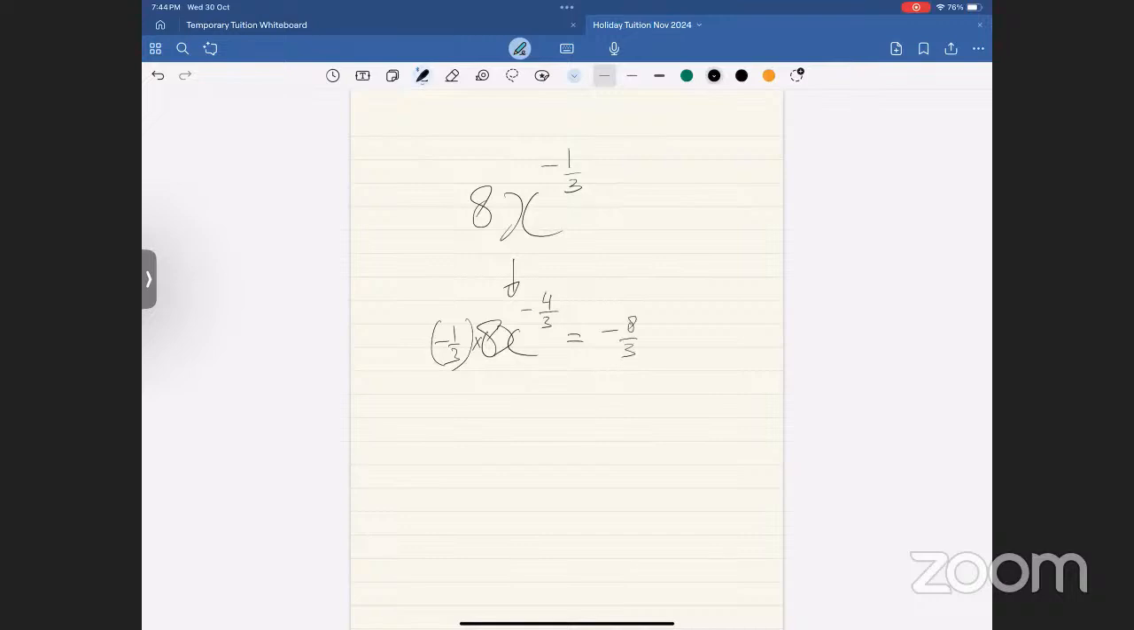Minus 8 over 3 x to the power of minus 4 over 3. Okay, as weird as this sounds, this is correct. Okay. Now,